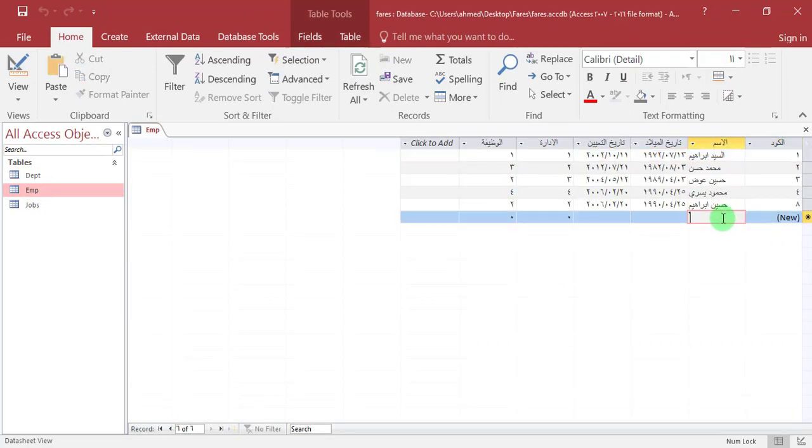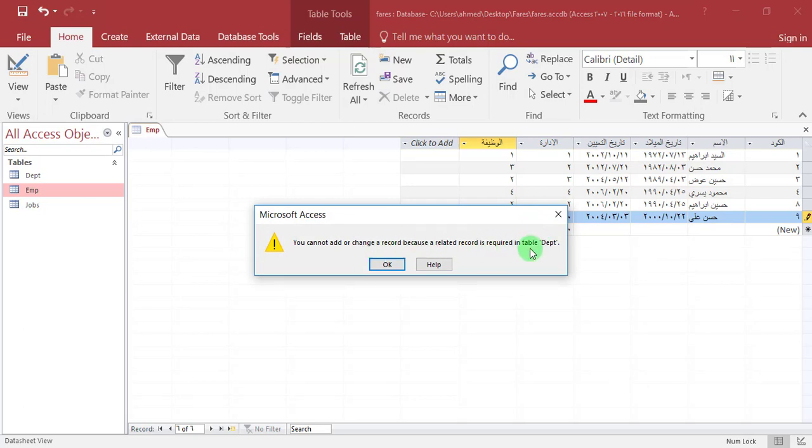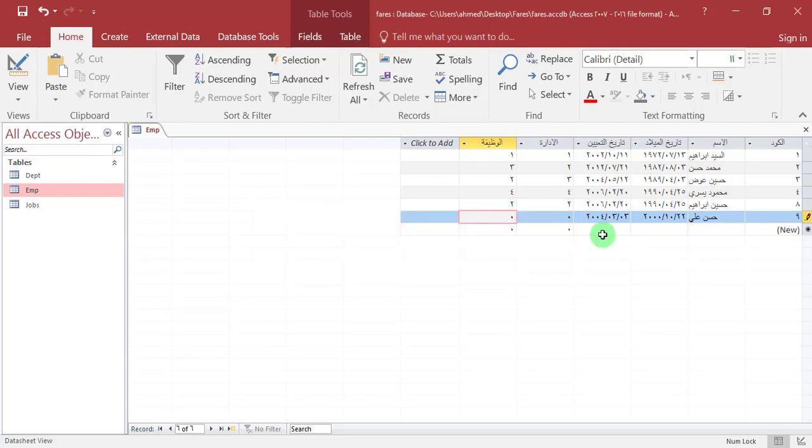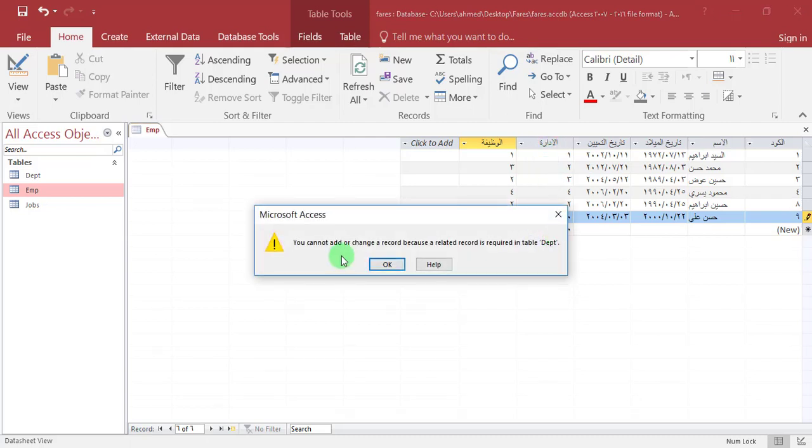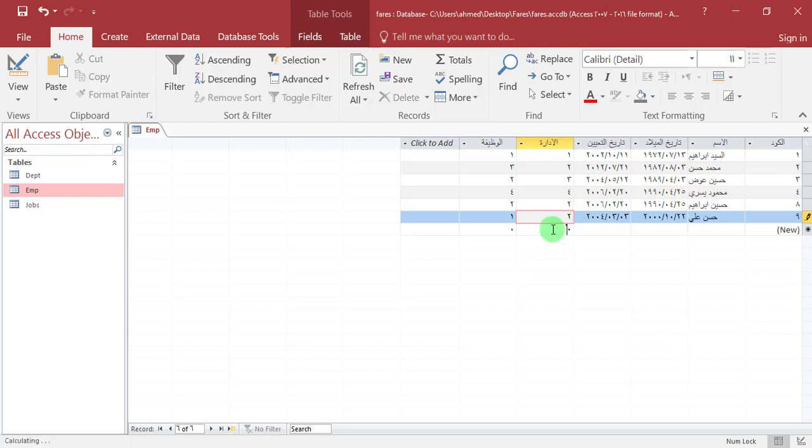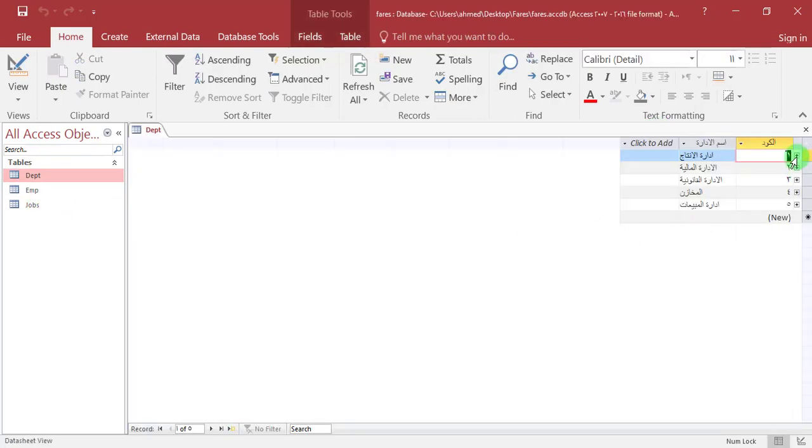Then in the EMP table, we must enter the ID of department and job, or it will display an error. Now, these employees will exist and be related to their department and job tables.